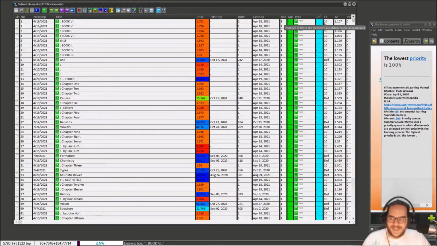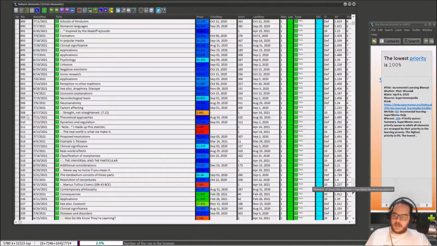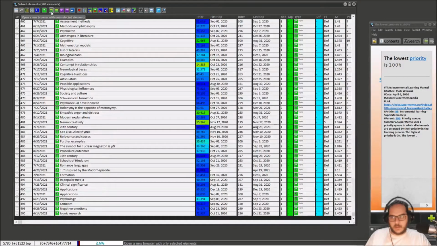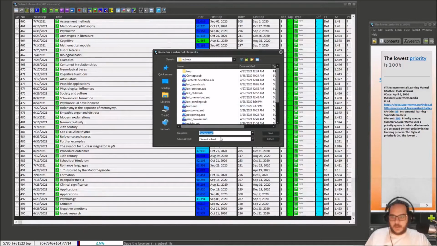So instead, what I can do is a subset review. Let's say I want to have these 500. Open a new browser with selected items. And now I can do a subset review of those. But before that, I will save this and I will call it potentially